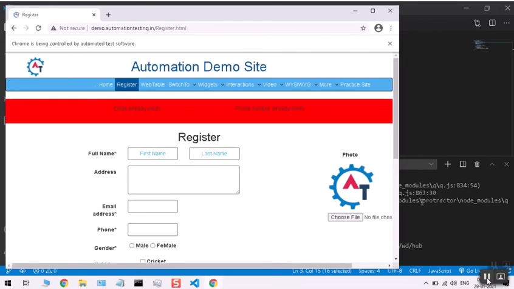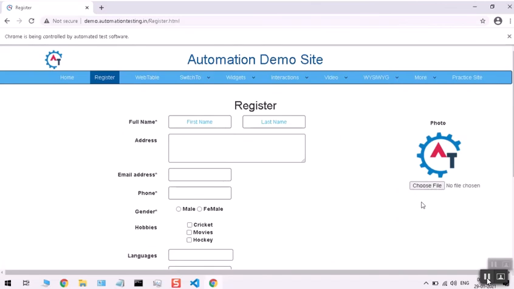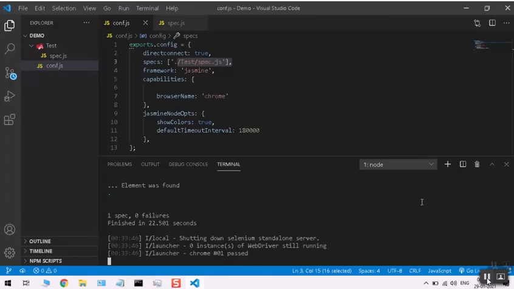The site is loaded in the browser. So it's a very simple program only. So this is what we can configure to run the protractor program in our system. The results are also generated.